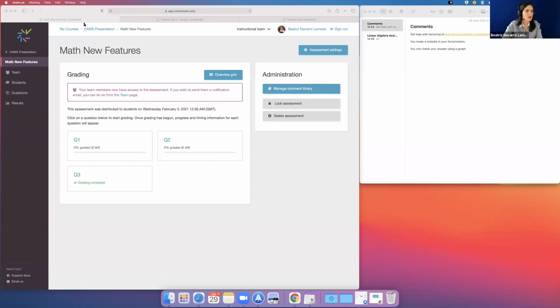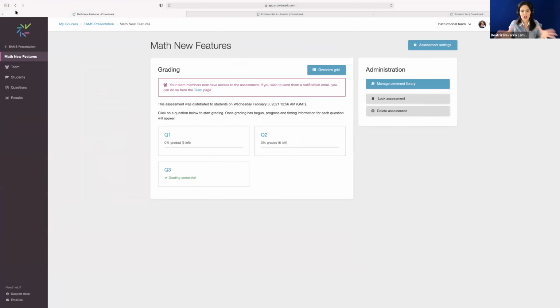Great. Thank you very much. So I'll just share my screen. CrowdMark is a collaborative marking tool that is designed by mathematicians for mathematicians. I've been using CrowdMark since 2013, so that's ages ago when everyone was marking on paper. Professor James Colliander and his PhD student, Martin Munoz, were developing this tool, and I was part of the whole process from the beginning. Every time we felt that we needed a new feature, they would add it. So that's why it works so well for marking mathematics in particular.